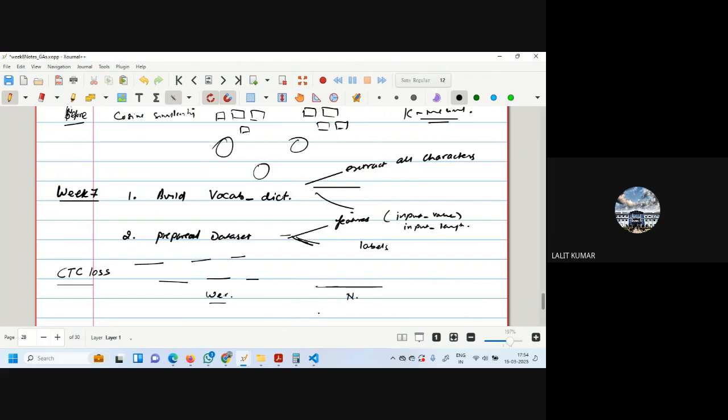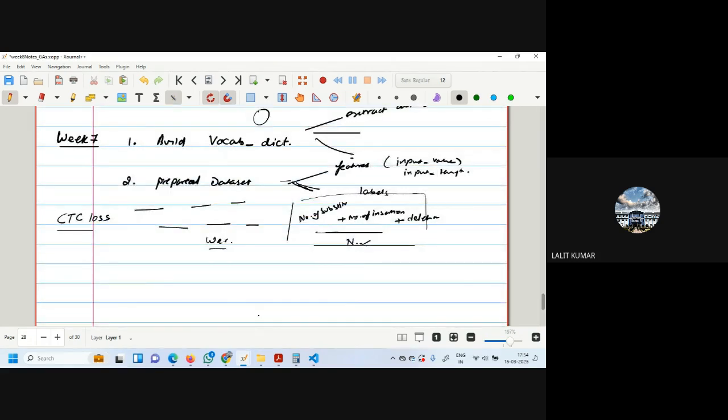You calculate the total number of substitutions which are incorrect, then the total number of insertions and the total number of deletions, and you divide it by the total number. Then you get this WER. So we have to remember that for speech to text, we use WER.